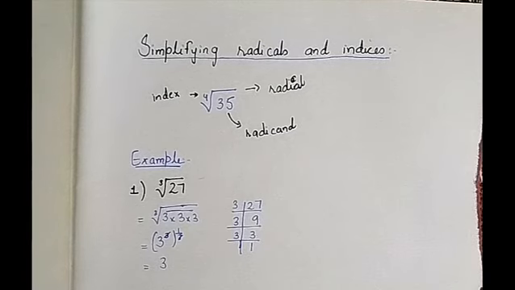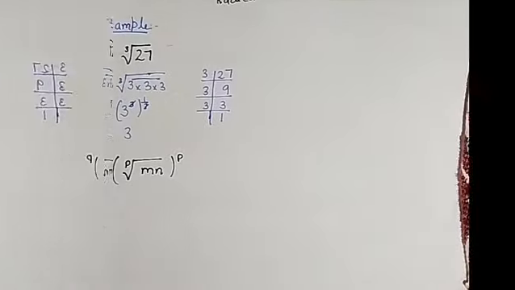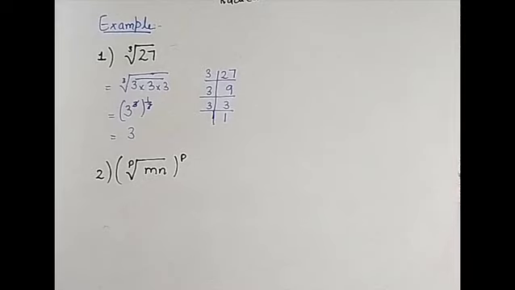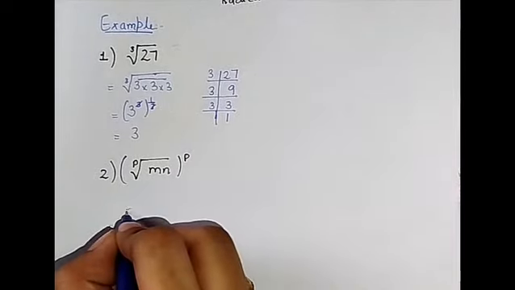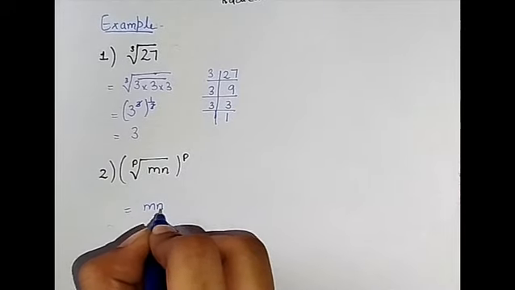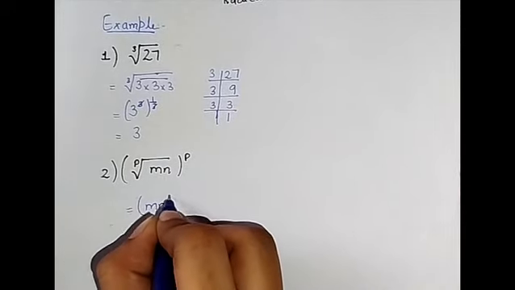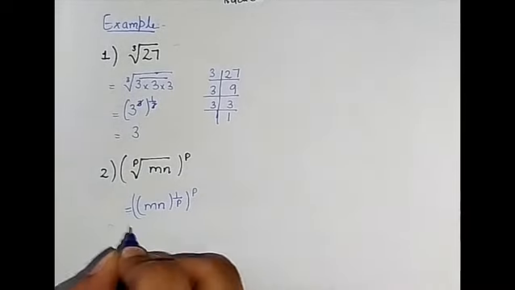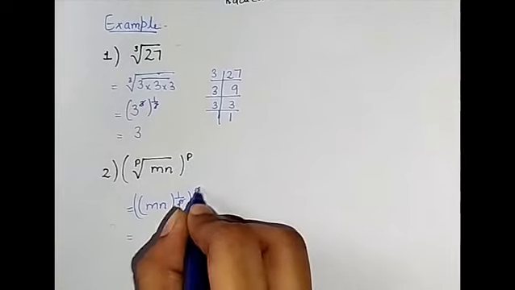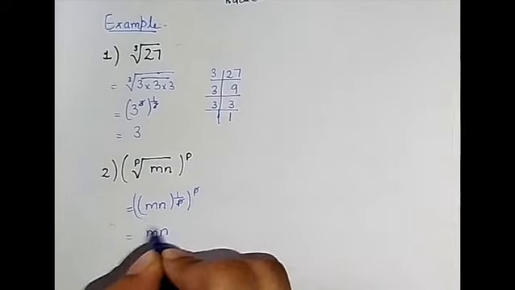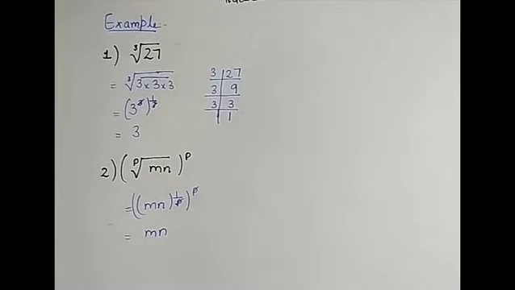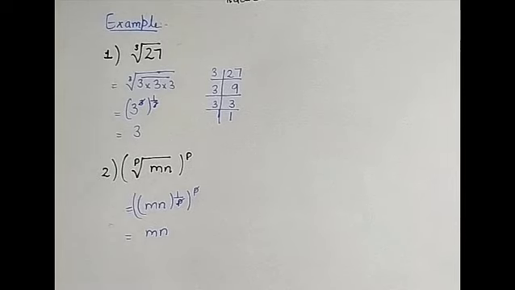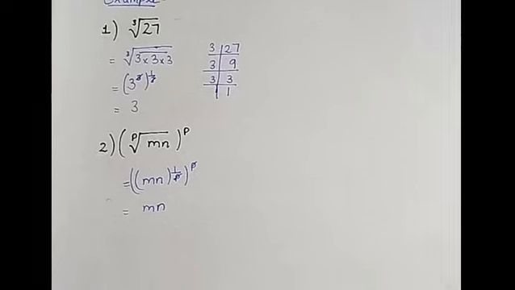ठीक है, now let's come on to the second example. This is our example number 2. अब इसमें क्या करेंगे कि again the same method, mn की power is 1 upon p and this whole p will come outside, this p cancelled with this p and your answer is just mn. ठीक है, now the third and the last one, इसमें थोड़ा सा आपका डिफ़िकल्टी लेवल थोड़ा सा रेज होगा, ठीक